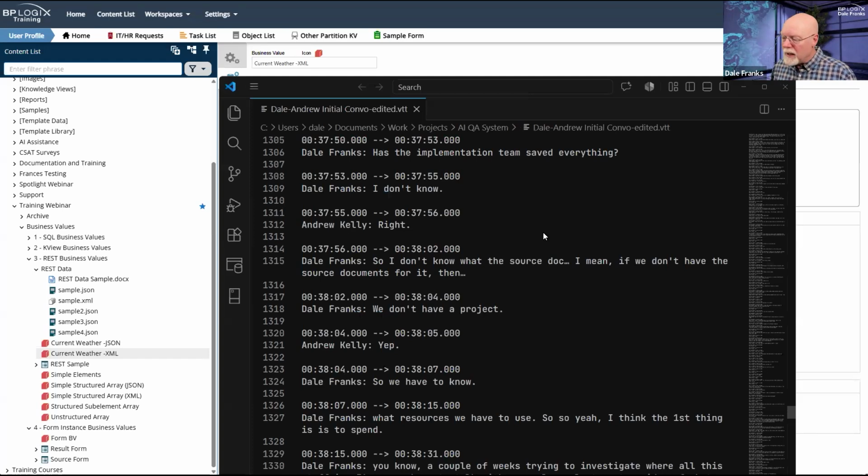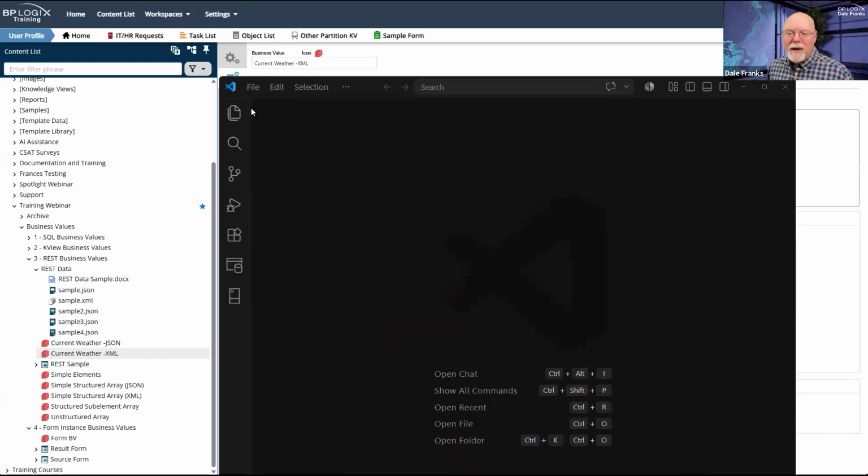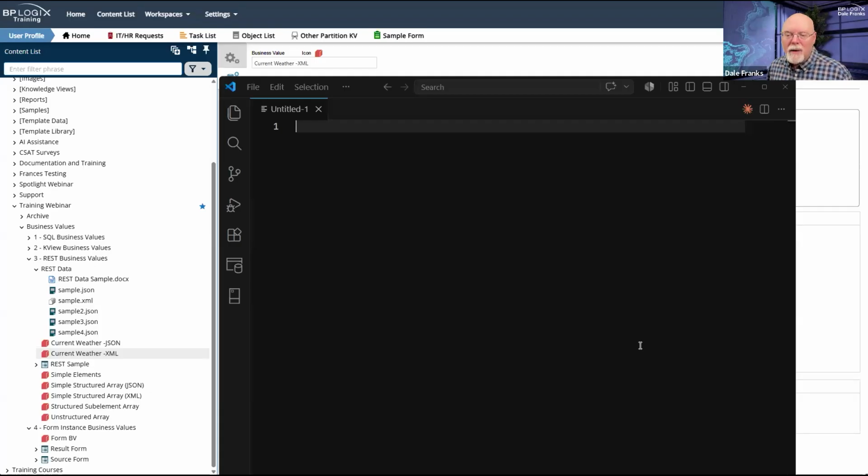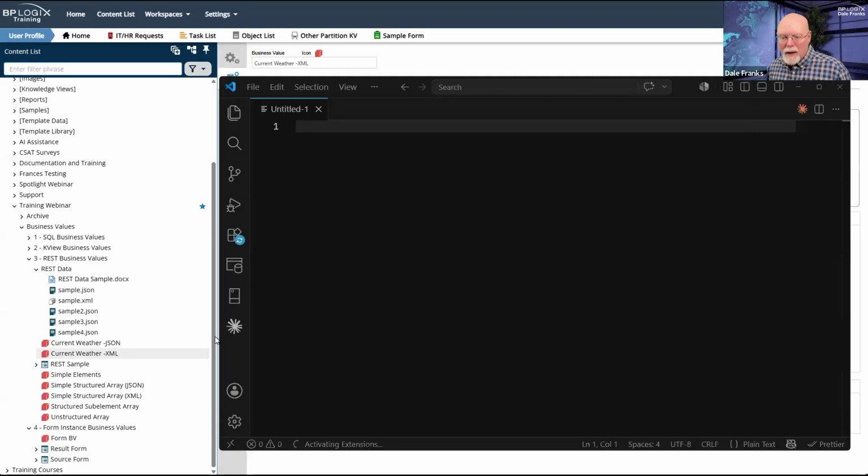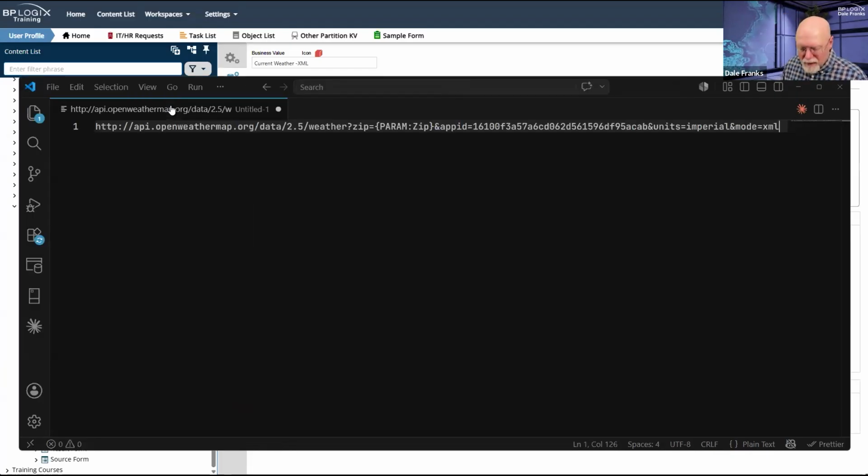So if I was to copy, let's go with a new text file here, let's make this a little larger, and let's paste that. It's openweathermap.org/data/2.5/weather. That's the URL. This is the actual REST web service.